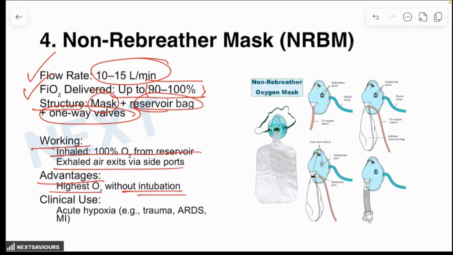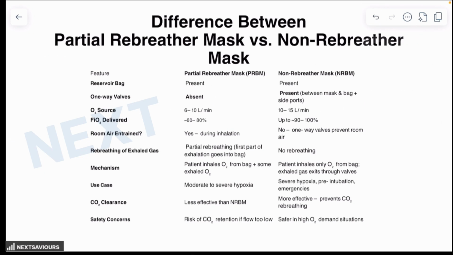by himself, in those cases, it can be used, like in case of trauma, in case of ARDS, in case of myocardial infarction, in case where you are about to intubate the patient also, in those cases, it can be used. And the major difference between the non-rebreather and the rebreather mask, now it becomes much easier for you to understand